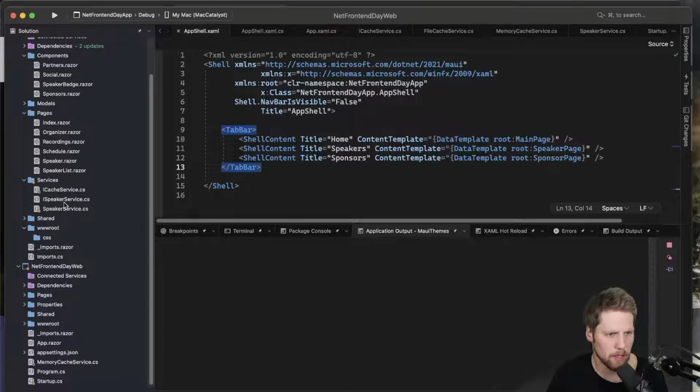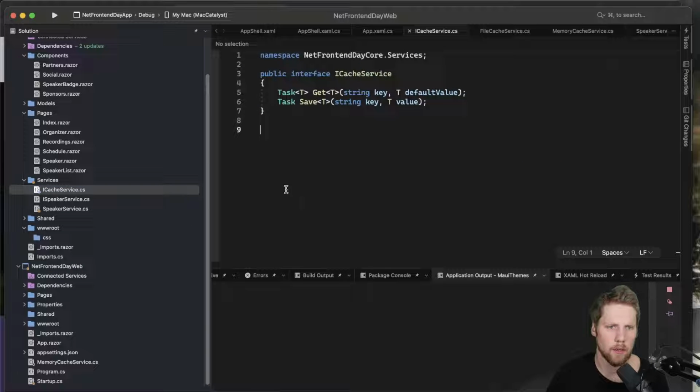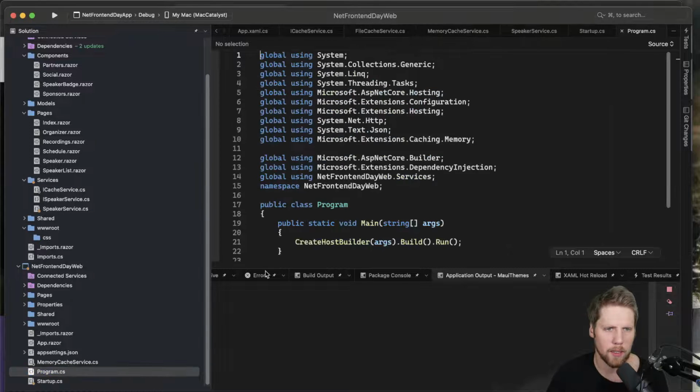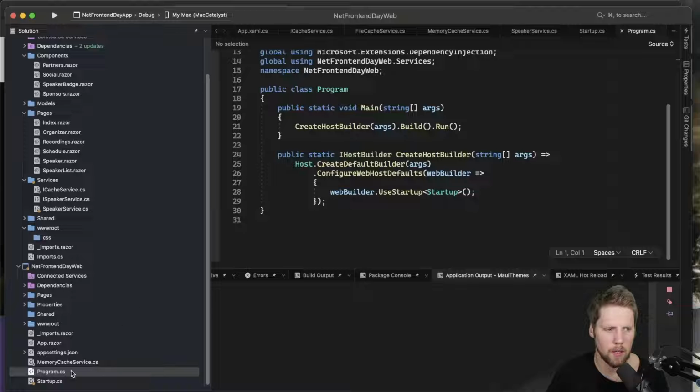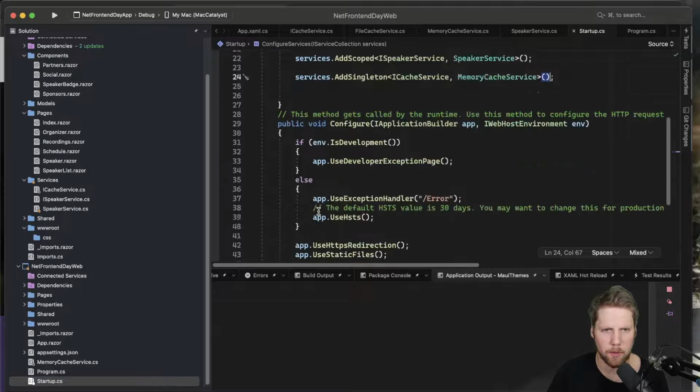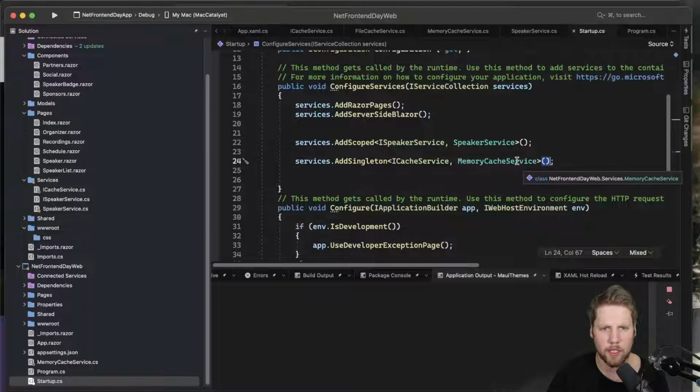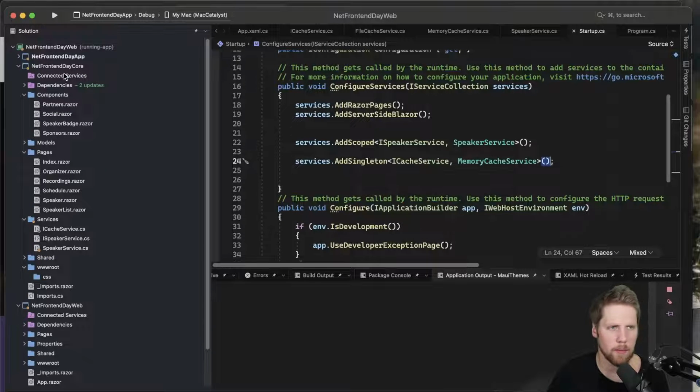So I use memory cache, as I said, but that is maybe not relevant on an app. So what I did then is that I wrapped the memory cache in another interface called ICacheService to have a more specific implementation on the app. But I can still have the memory cache on the web, and I set that up in the startup here. So on web I use memory cache service, and if you go to the app project I have another implementation here